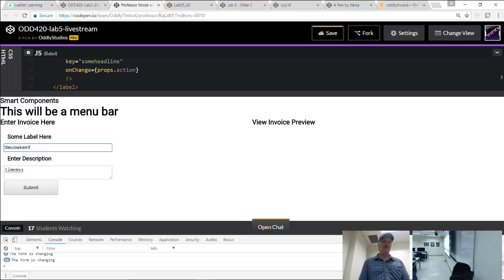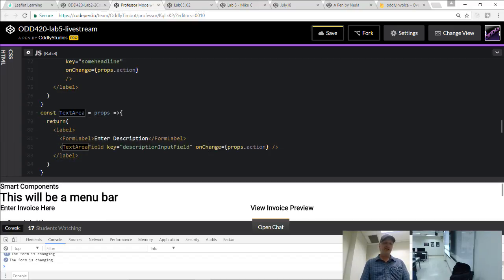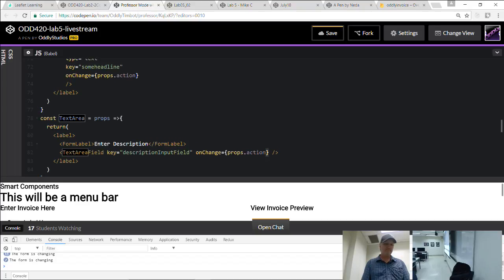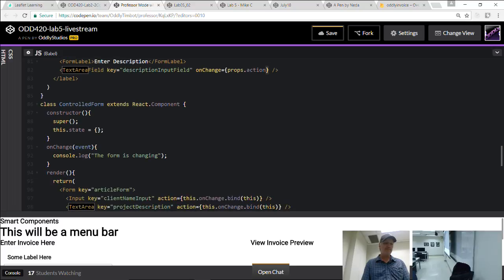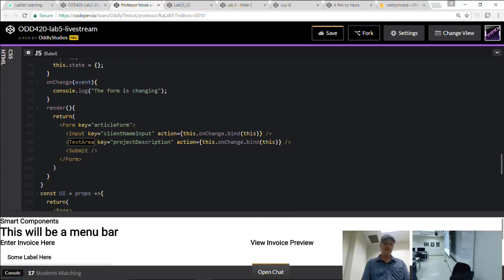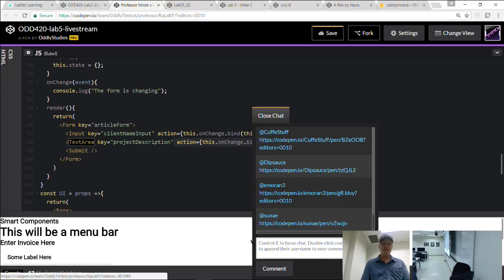So let's just go a little bit further here. I'm not seeing changes in a second. Oh no? Any errors? No. So let's see, what did we do? We added an onChange that calls props.action. Got that one? And then did you also do the bind thing in your controlled form? Text area. Right down here? Yep, this, yep. Okay, shoot me a URL. Let's take a look. Do this quick.